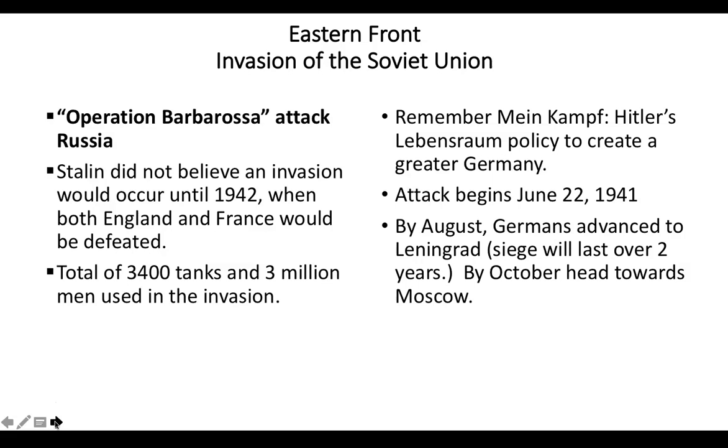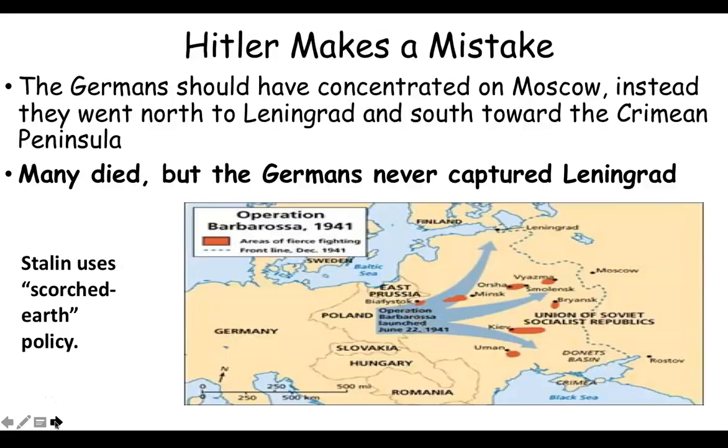And he decides that he is going to head towards Leningrad as opposed to Moscow, which was a mistake. He should have gone to Moscow where the capital was. Perhaps he would have had better luck there. Perhaps he could have forced some kind of political takedown. But instead, he divides his troops and he sends a large portion of his troops to Leningrad. Some he sends south down into what's more like Ukraine because there's some oil there. And then some he sends towards the middle, towards Moscow, but it's just not enough.